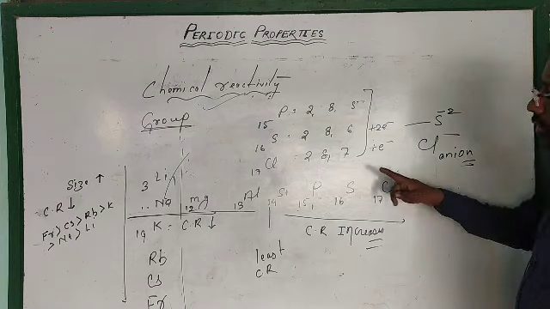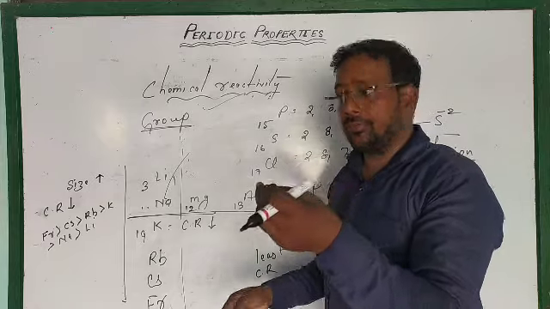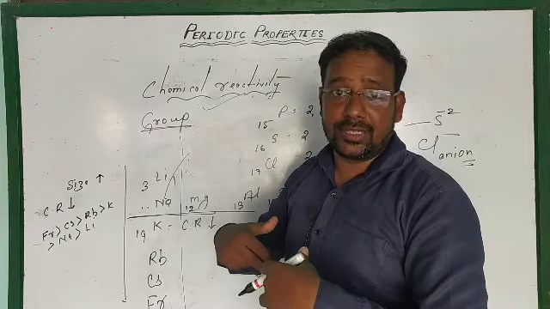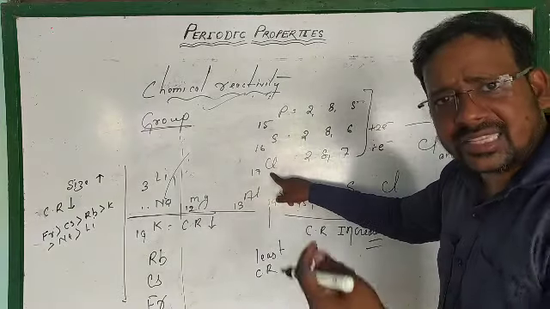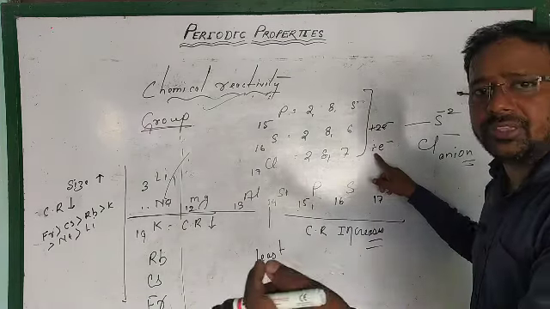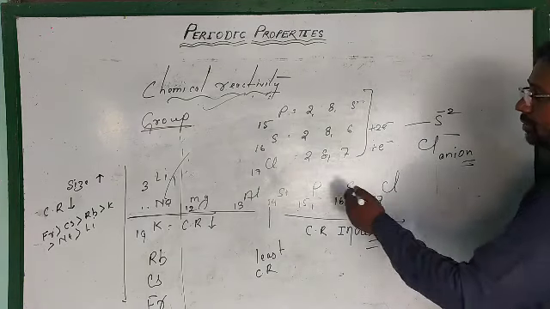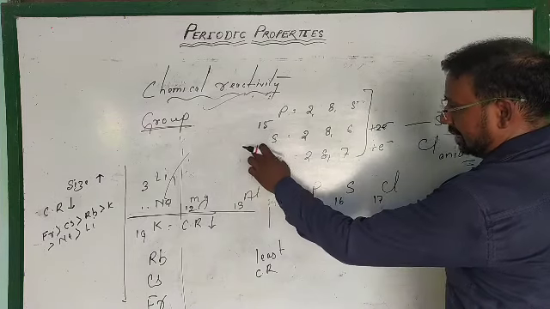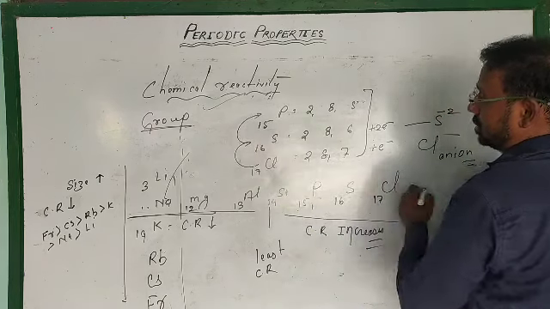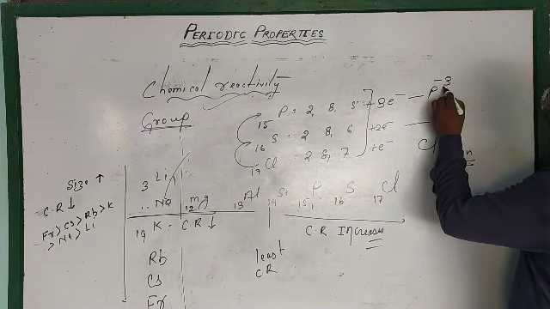So you can compare which element will take the least time to become the anion, because non-metals have a tendency to gain electrons. So chlorine will take less time to become an anion, as it will gain only 1 electron, and in very little time it becomes the negatively charged particle. So you can see that chlorine has greater chemical reactivity compared to sulfur, and sulfur has a greater tendency than phosphorus, because phosphorus requires 3 electrons to become a negatively charged particle.